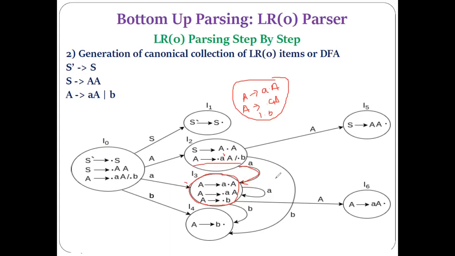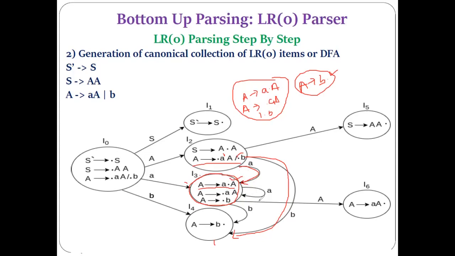Okay, then what is the next production here? A derives dot B. If you apply the goto operation on A derives dot B, you have to move the dot from the left of B to the right. And you get this state, that is the final state. Is this state already generated? Yes, this state is already generated as I4, and that is the reason we have shown the arrow to I4. Okay, now come to the state I3. Now the same situation is here. If you apply the goto here on the non-terminal A, what are we getting related with this state?